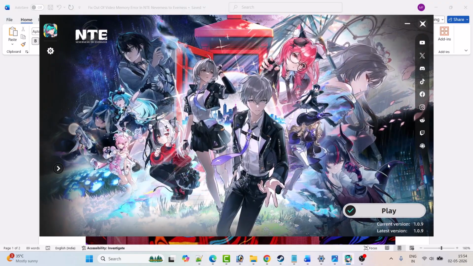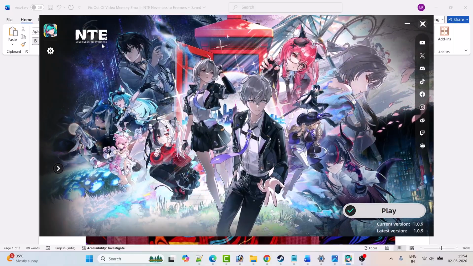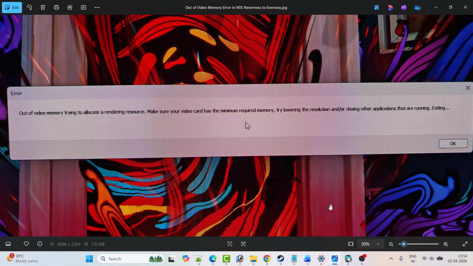In this video tutorial I will show you how to fix the NTE Neverness to Everness game error. The error is: out of video memory trying to allocate rendering resources. Make sure your video card has the minimum required memory. Try lowering the resolution and/or closing other applications running. So if you're getting this out of video memory error in the game NTE Neverness to Everness, then follow